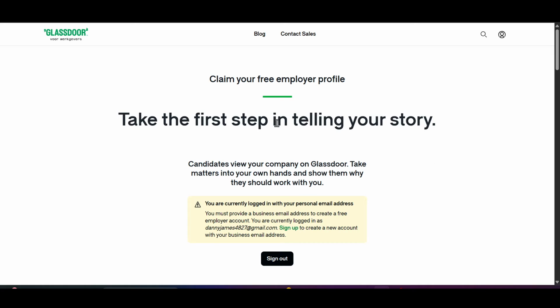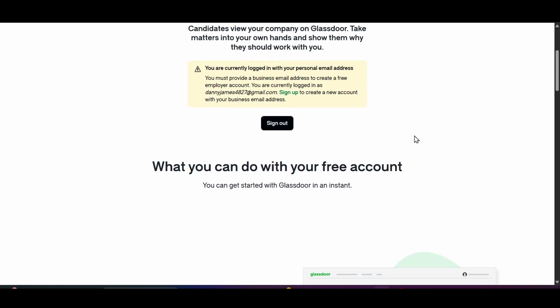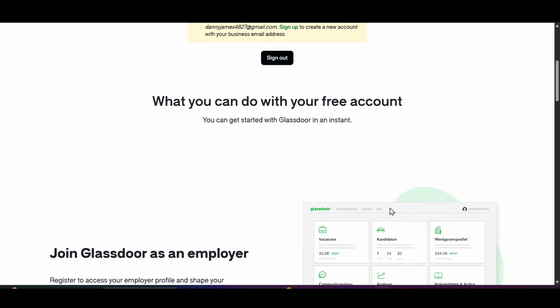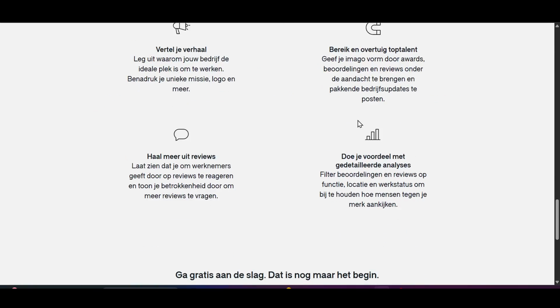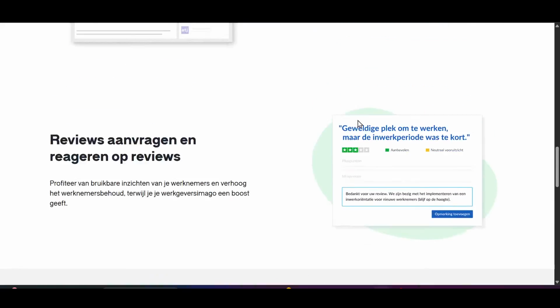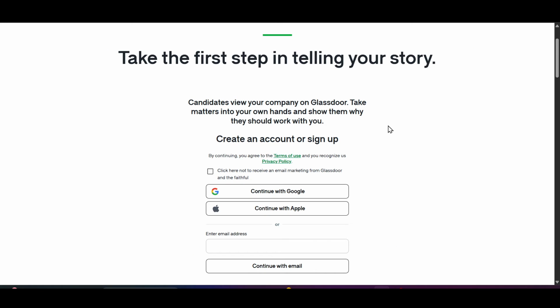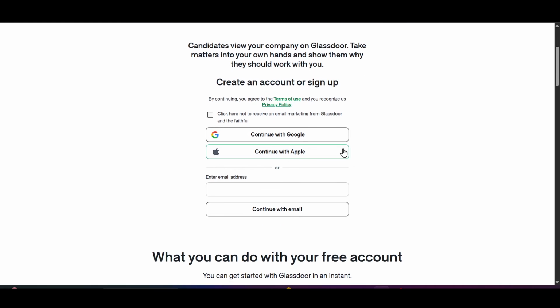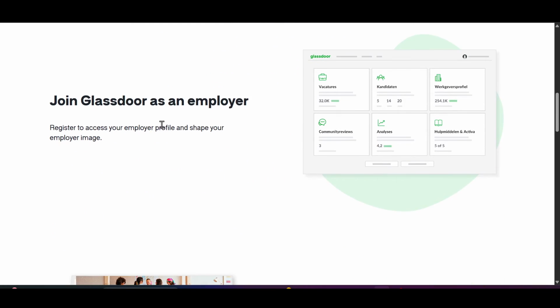So if you want to create an employer account, you have to sign out of your employee account. So first sign out from your employee account, and then from here you can create your own employer account. So after signing out, create an account, or you can just simply sign up, and